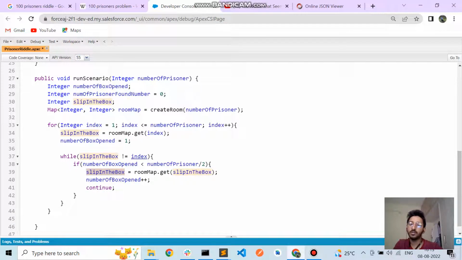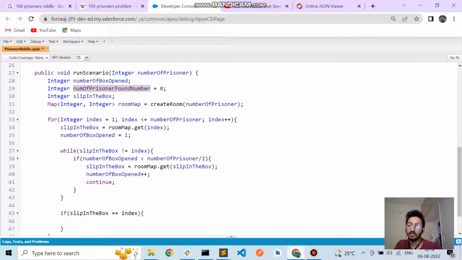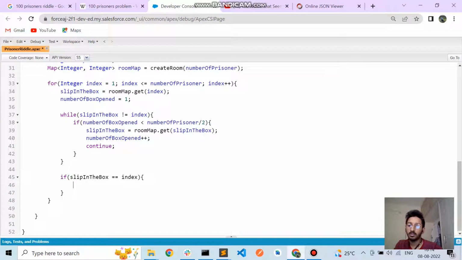is equal to his original index number, then at that time this loop will not run, right? And we will check that if the slip in the box equals his own number, then we can conclude that this prisoner has found his number. So we will increment this one so that one of the prisoners found his number,